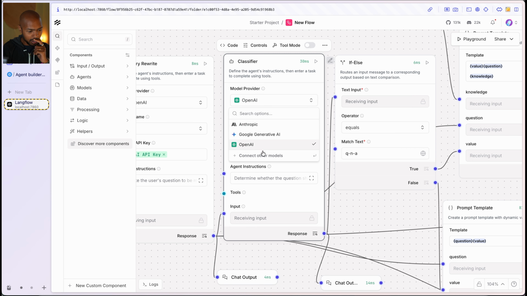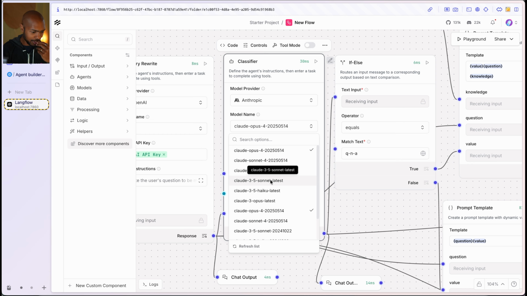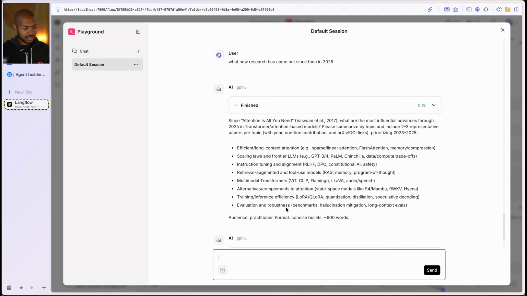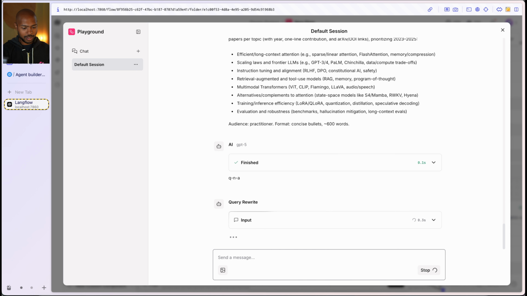model. So instead of OpenAI, and this is something that you can only do with Langflow, I'm going to use Claude 3.7 Sonnet from Anthropic, right? And let's try that again. And this may go exactly the same way, but I'm just curious. And we can. So